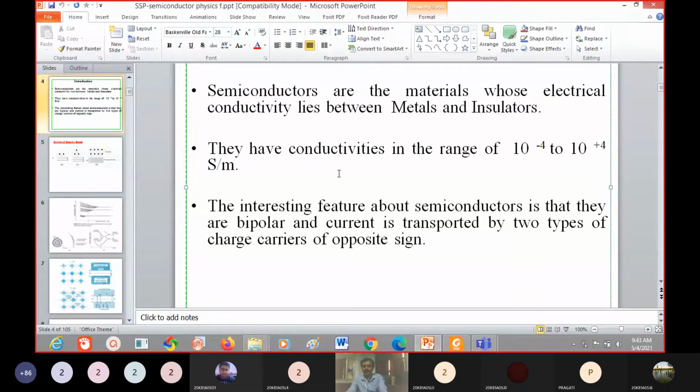And if the conductivity range is in between 10 to the power of minus 4 to 10 to the power of 4, those materials are considered semiconductors. So this is based on the range of conductivity, and we can classify the materials. Now coming to